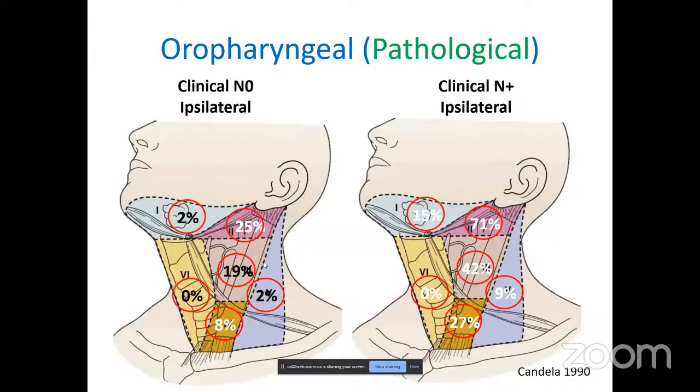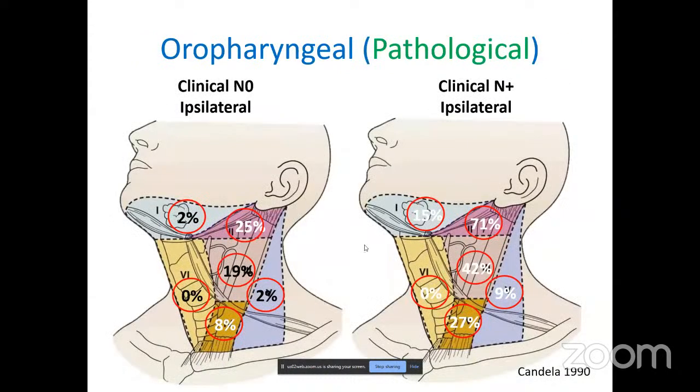And if it is pathologically node positive disease, then there is a higher chance of positivity of level 2, level 3, level 4, as well as sometimes level 5 and sometimes level 1b. And one important nodal station is the retropharyngeal node, especially when lateral pharyngeal wall is involved, when posterior pharyngeal wall is involved. It is important to include retropharyngeal node in your radiotherapy portal.